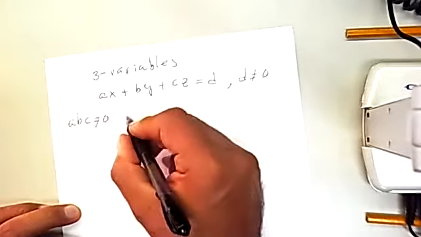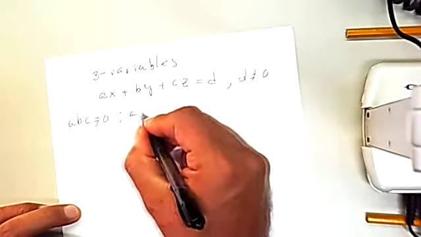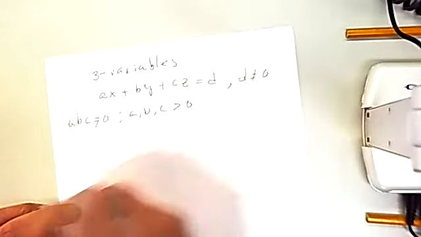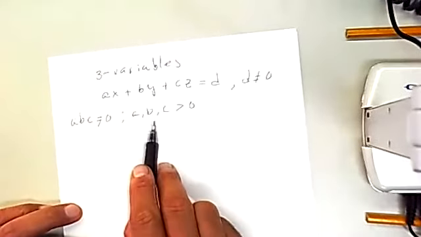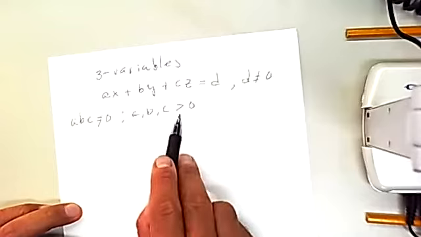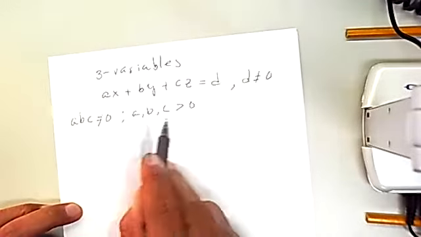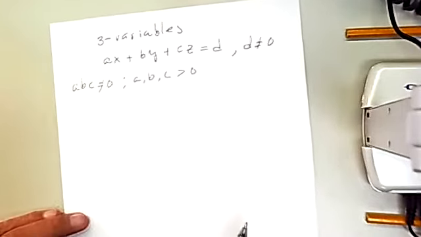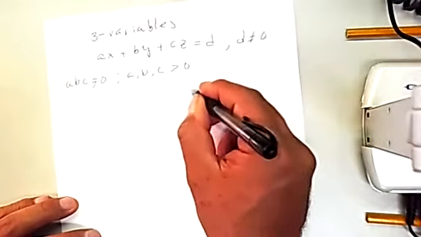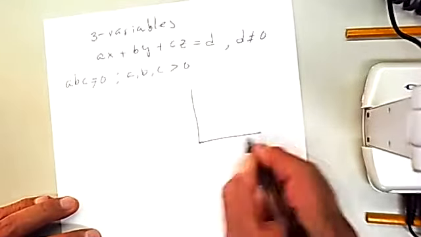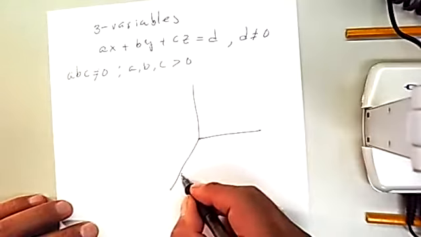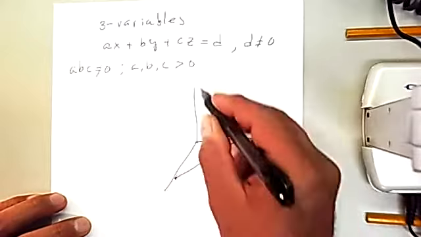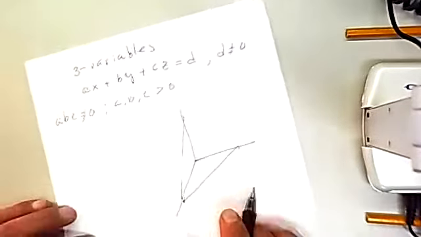And we're going to assume that A, B, C, this is not a vector, but the three elements are all positive. I guess this was sufficient. If we wrote this down, then we didn't have to write this, because if they're all positive, then the product will not be 0 anyway. So this plane will go through the x-axis, the y-axis, and the z-axis. Under those conditions, we're going to have a plane